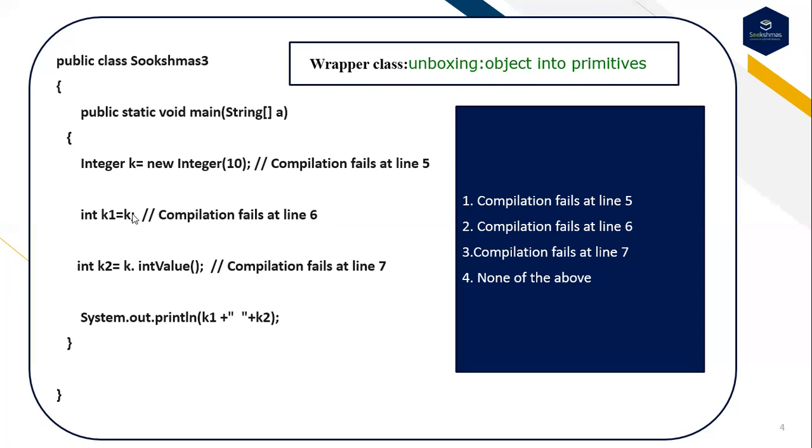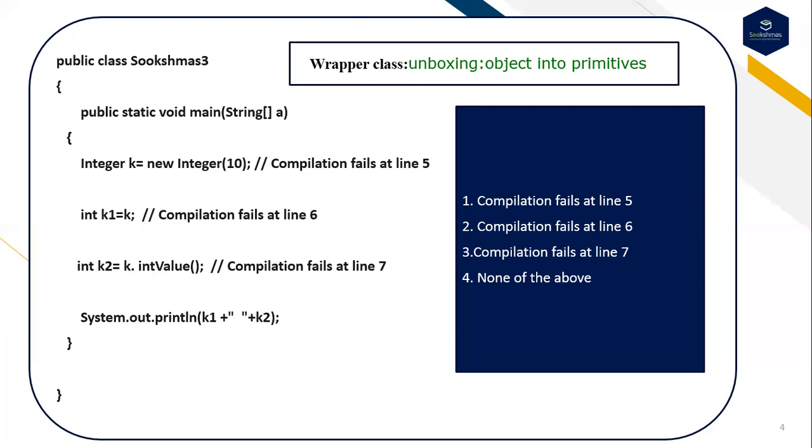And here I am directly assigning k, the wrapper class reference object, to the primitive k1. Here the compiler implicitly adds k.intValue(). No need to write it explicitly, but if you want to write it explicitly, yes, it is possible. You can write it like this also, k.intValue(). If you are not writing anything, the compiler implicitly takes it and treats it internally as k.intValue(). And this is how we write it in an explicit way.